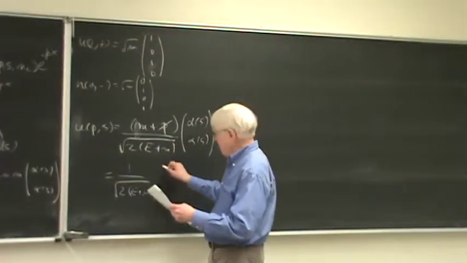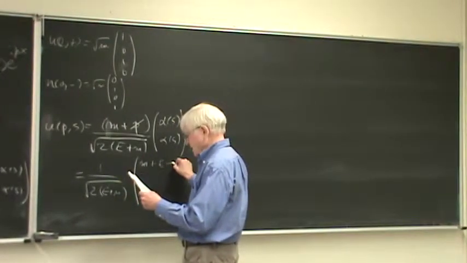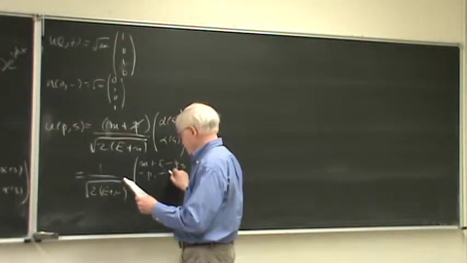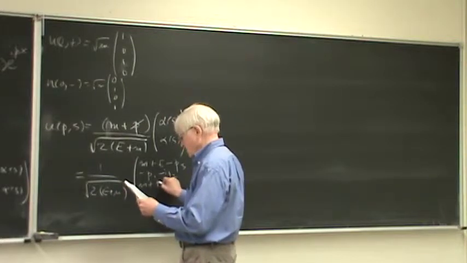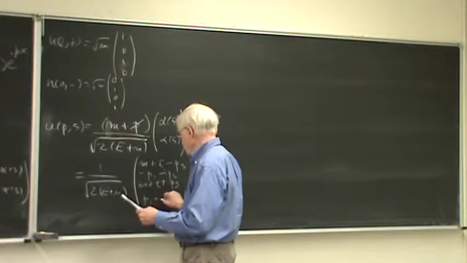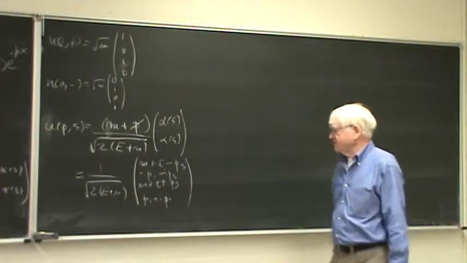I'm not sure they are. But anyway, here's what it looks like. It's m plus e minus p3, minus p1 minus i p2, m plus e plus p3, p1 plus i p2. And you remember, I was a little puzzled by this because